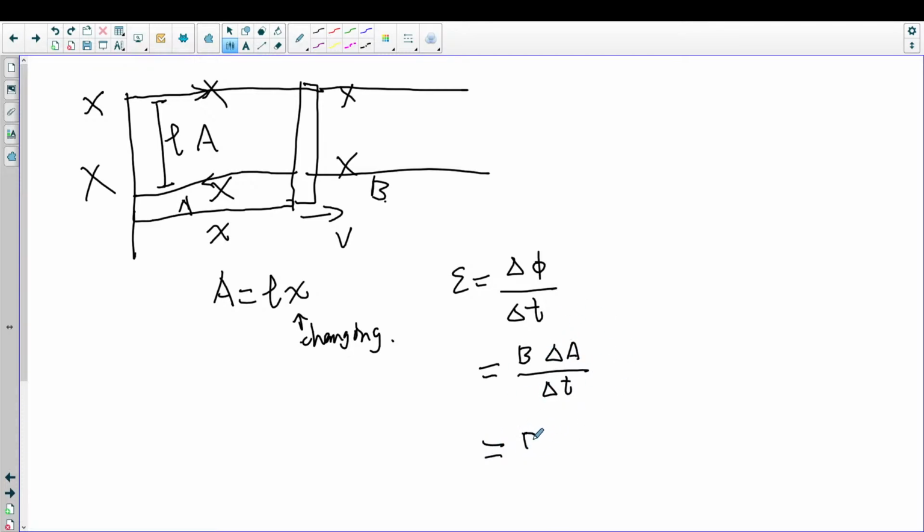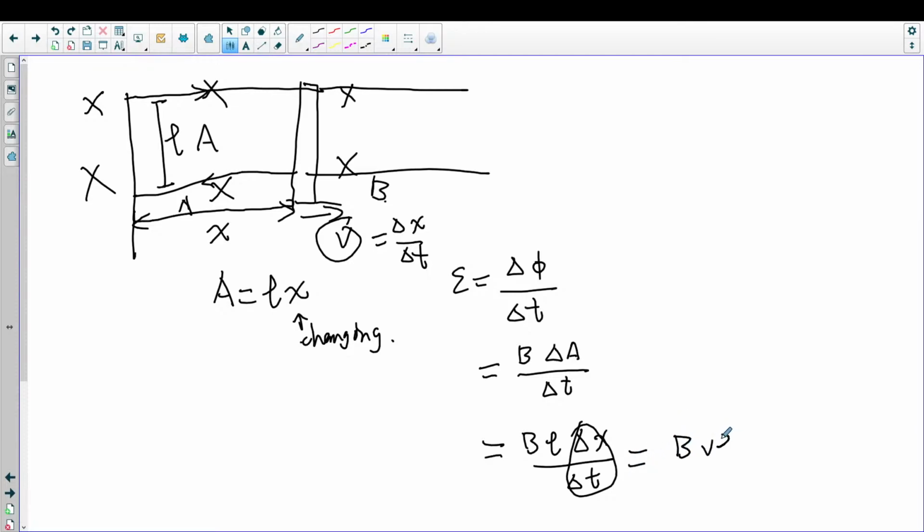The length didn't change. What's actually changing is the x component. That part is moving, changing x over time. So how fast is this distance changing? What do we call a change in distance over time? Well, it's just the speed it's moving. So we get a formula for a moving conductor through a magnetic field: that's BvL. So EMF is equal to BvL